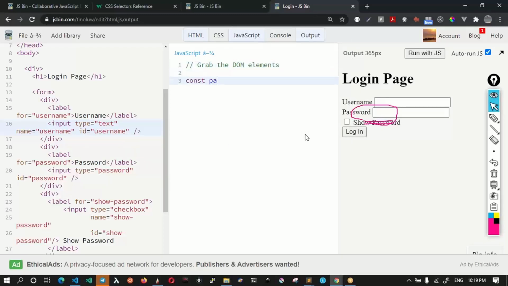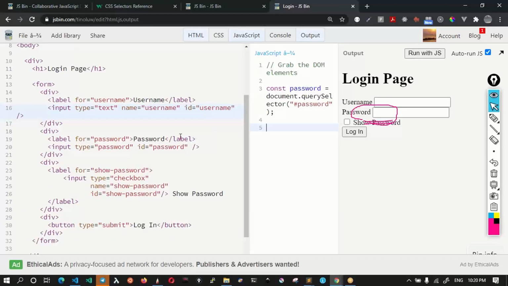So I'll say const password equal to document dot querySelector. I'll select this password field. Because I know this is username, this is password, and for the checkbox we have the ID of show password, right? So we also have to grab this information.